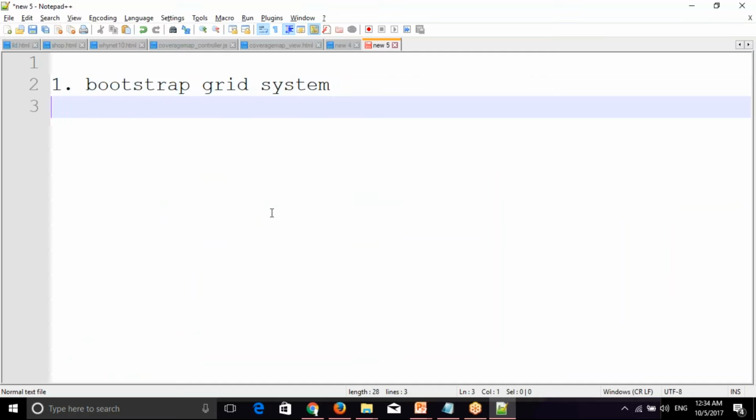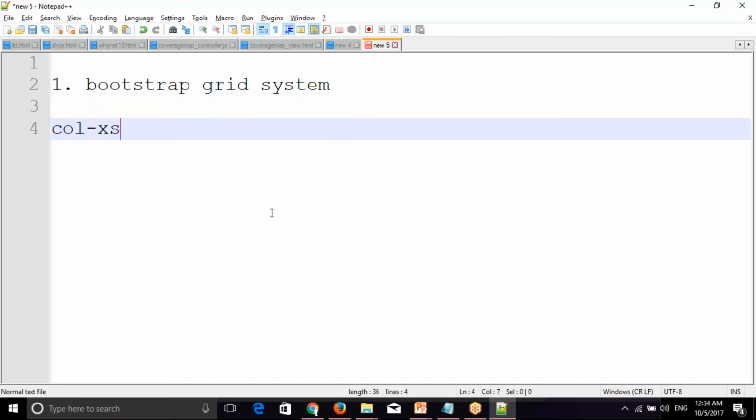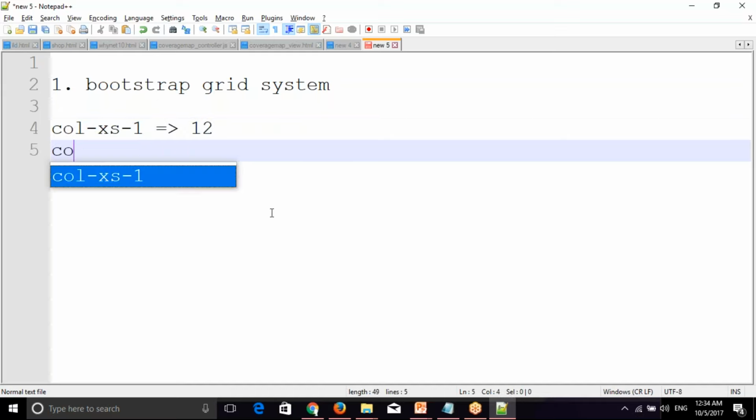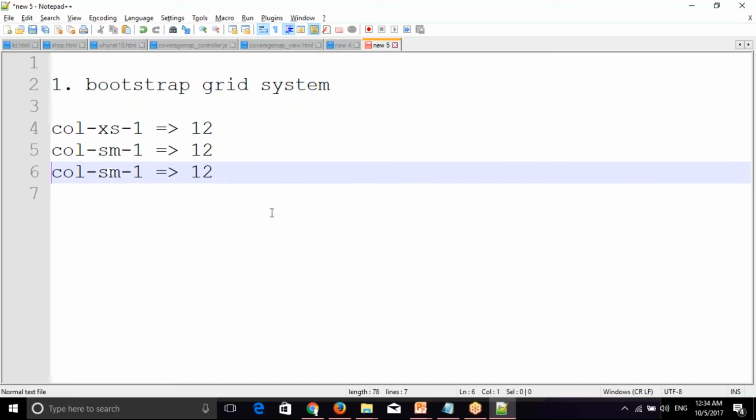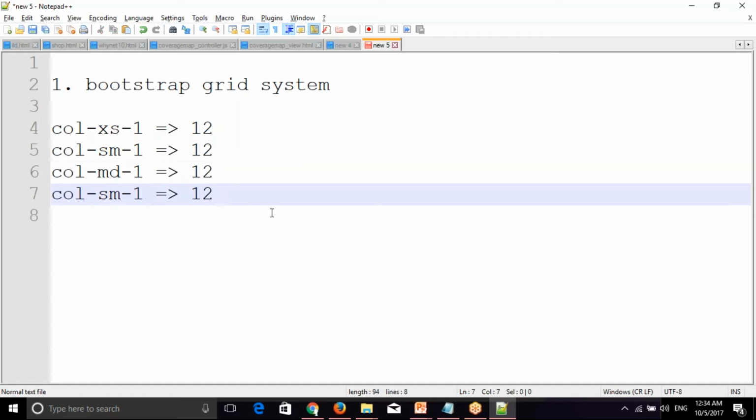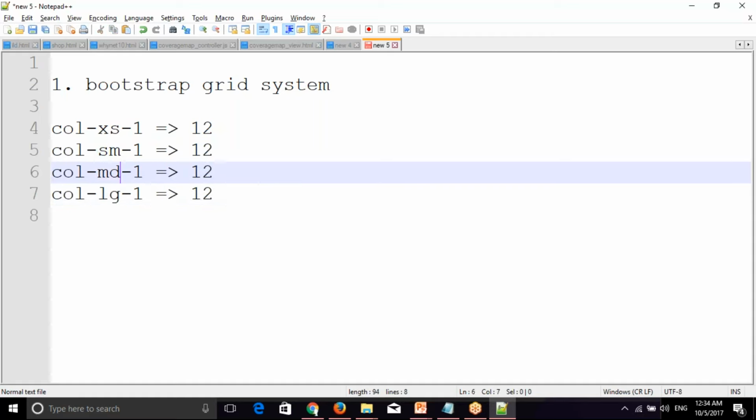Coming to Bootstrap 3, we have the grid system with four column classes, the col-xs-1 to 12 series, and the col-sm-1 to 12 series. Here xs is extra small, sm is small, md is medium, and then lg is large.